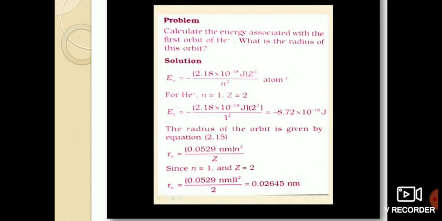If you go with that formula, the value will come the same, but there will only be a change in the picometer unit. There will be a little difference only because of the prefixes which have been used. So both ways are correct. If you are solving with 52.9, just mention picometer; here the formula is in nanometer. Try to solve more questions related to Bohr's energy, radius and velocity.